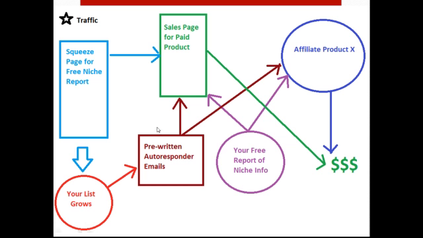So as somebody comes in to the squeeze page, he gives his name and his email, he submits it, and he then becomes part of your list. And once he's part of your list, pre-written autoresponder emails then arrive at that person's inbox. Those autoresponder emails can be about a number of subjects. They can talk about